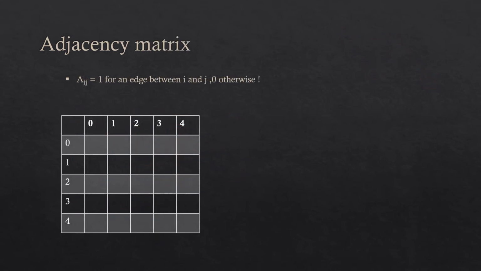In adjacency matrix, it will create a matrix which will be storing all the information, and it will store 1 if there is an edge between i to j or 0 otherwise. So for example, this is 0, like